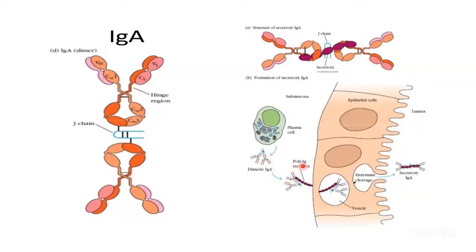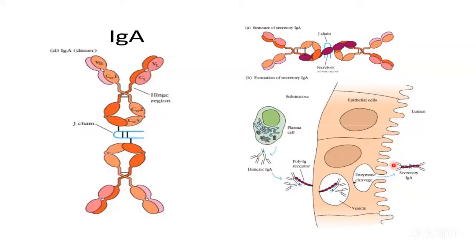You can see these ones here, dimeric, they can come here to the polyimmunoglobulin receptors at the basal side of the epithelial cells. Then this receptor will facilitate the entry of this IgA into the vesicle inside the epithelial cell. And this vesicle will be able to cleave this immunoglobulin and then join it together to form a dimer here, which now will be able to enter into the lumen. This is the mucus secreting membrane. And inside the lumen here is where the IgA will be able to exert its particular effector actions